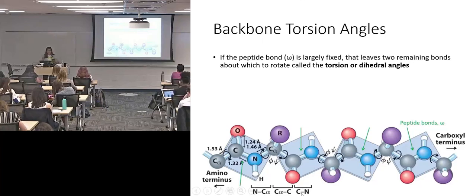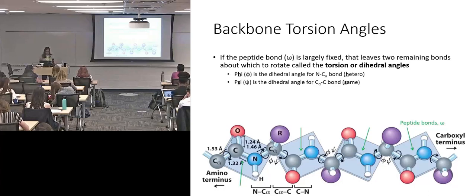And then we have 2 other bonds that can rotate. Our dihedral angles are our torsion angles that can rotate. We have phi. This is the dihedral angle between the amide nitrogen and the alpha carbon. I like to memorize this as the H in phi. This is a hetero bond. It's between a nitrogen and a carbon, 2 different atoms. Hetero being different here, whereas the psi dihedral angle is between the alpha carbon and the